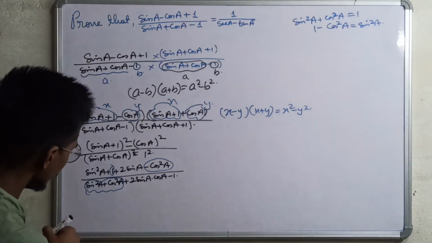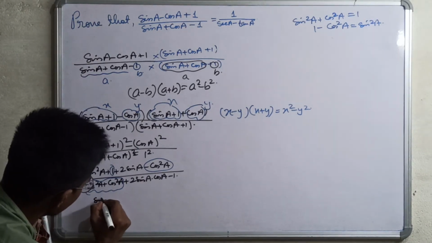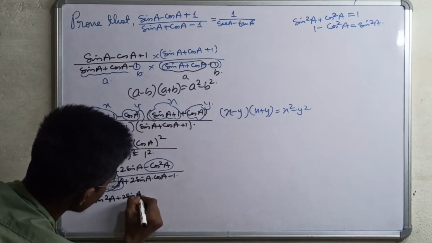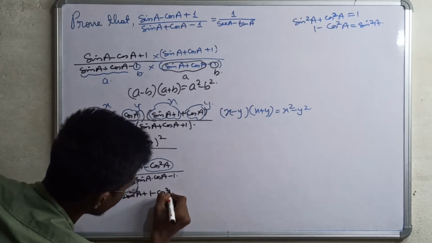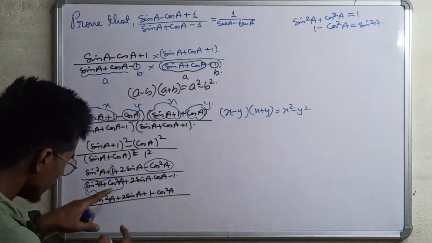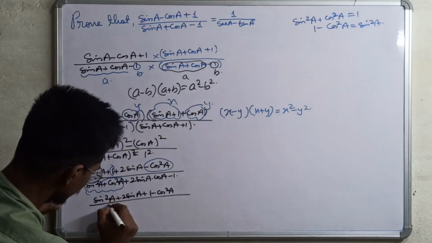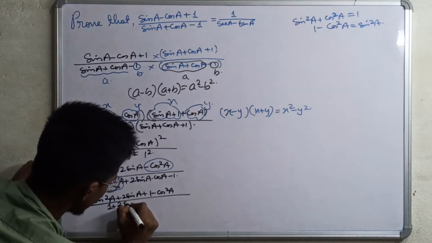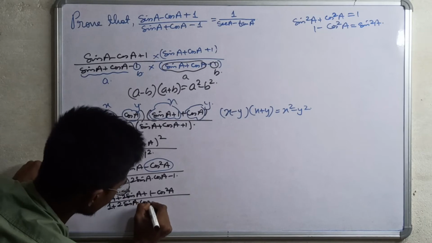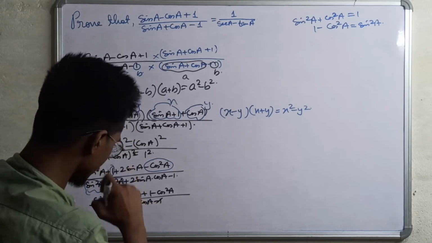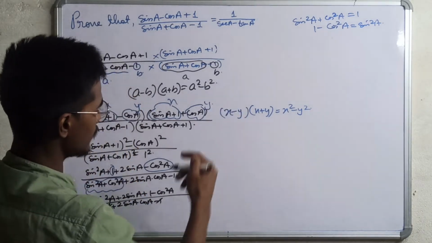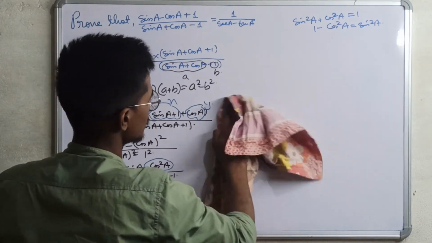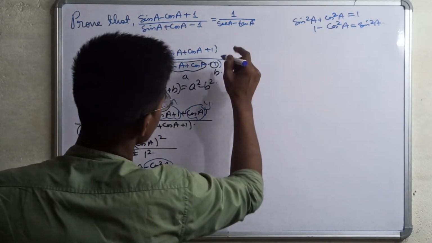I will be arranging here. So what I am doing over here is making it sin square a plus 2 sin a plus 1 minus cos square a upon, I will make it 1 because sin square a plus cos square a is 1, 1 plus 2 sin a into cos a minus 1. The minus minus gets cancelled. 1 minus cos square a will give you sin square a. Fine. Now I will erase this part and solve over here.